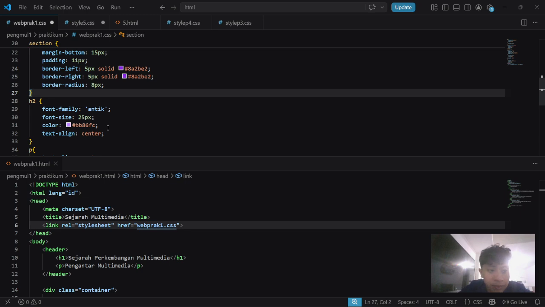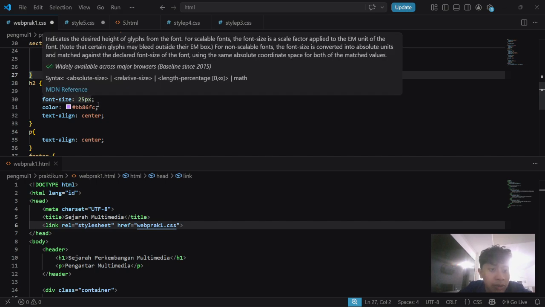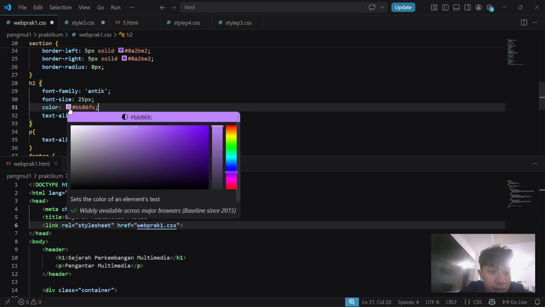Moving on to the second header. Here I use a custom font called Antique that I mentioned before, with a font size of around 25 pixels, and the color I choose is light purple.